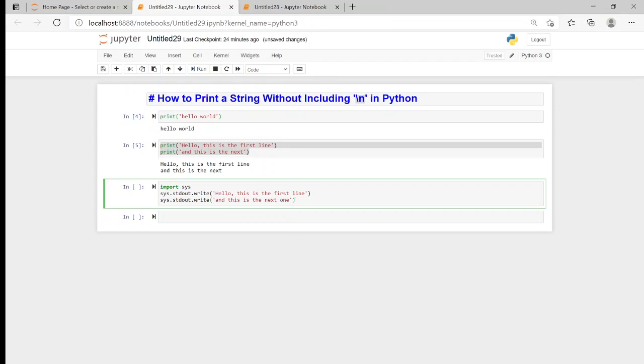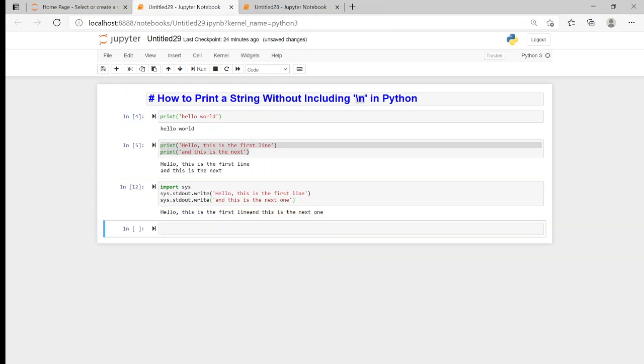So if I now run this, hopefully, so I've imported the sys module. I don't have to download it because it's built in, but I still have to import it, and I'm telling it to write my text onto my interpreter. Because I'm using sys.stdout, there should not be any new lines here. So if I just run that, and there we go. Hello, it's all on one line because I don't have the issue with the default end